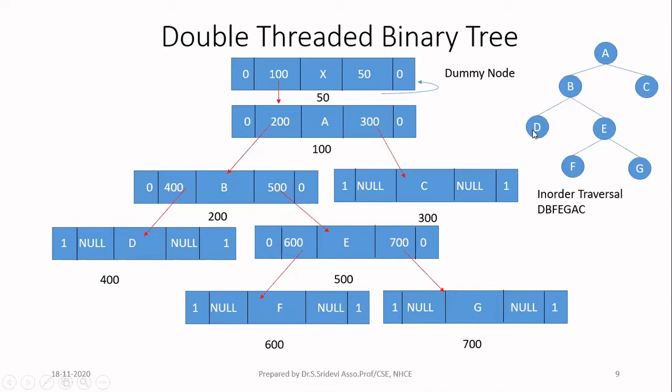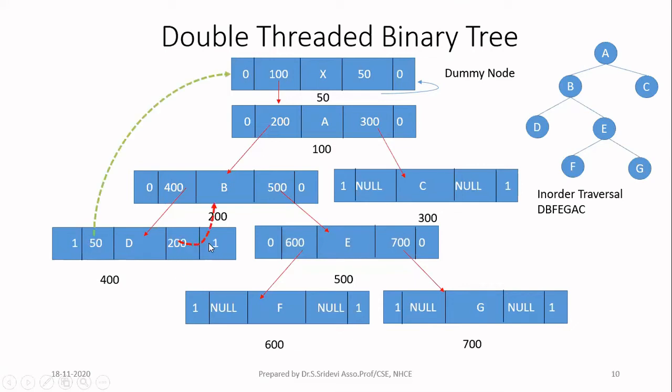Now, we will see what will happen in the leaf nodes. In the leaf nodes, as I already told you, you are going to store information about the threads. That is in-order predecessor and in-order successor. So don't store 0 there. Since we are storing information about the thread, we have to tell the programmer that it contains the predecessor and successor information. So for that, we are going to store 1 here. So in all the leaf nodes, the last two extreme fields will have the value of 1. We will update this null information with the help of the address of the successor and the predecessor.